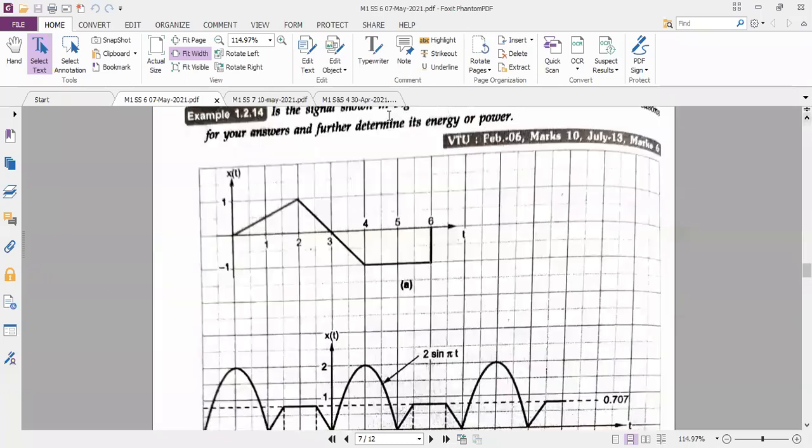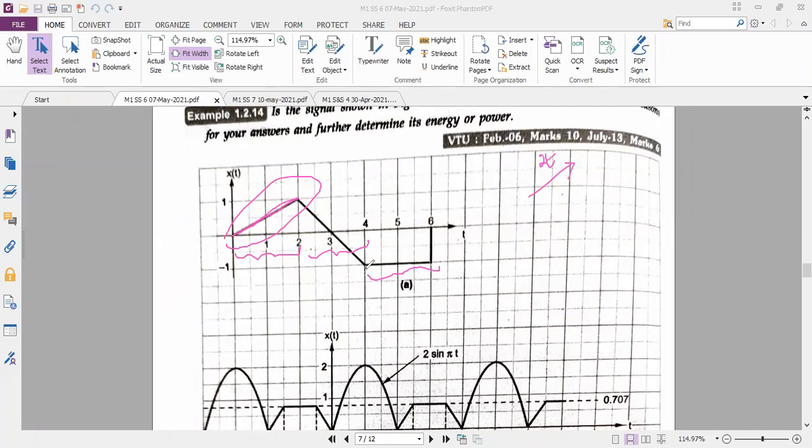See, I am taking the interval like this, 0 to 2. I am taking 0 to 2 because it is one ramp signal. Between 2 and 4, I am going to take an interval, and between 4 and 6, I am going to take an interval. This is the standard way of taking the interval. In the earlier class, I told you if it is a rising signal, it is 2t; if it is a falling signal, it is minus 2t.